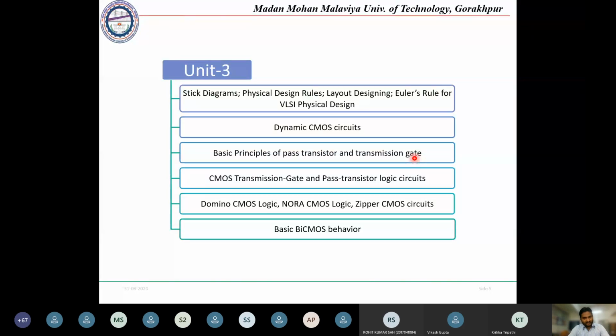This type of analysis, the theory part, we will study in the online lecture, but in the lab part we will study the comparison by performing direct simulations of the circuit with respect to pass transistor, CMOS, and transmission gate. So this comparison part will come into the VLSI lab section.